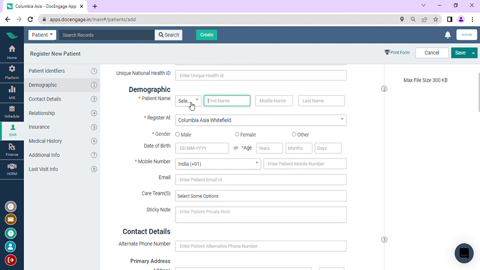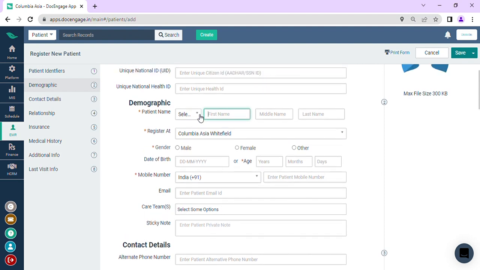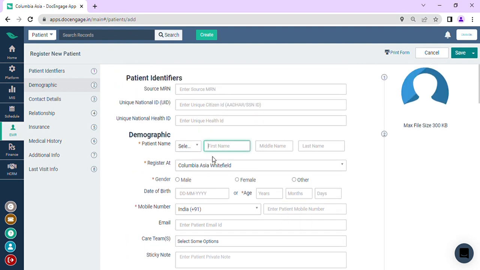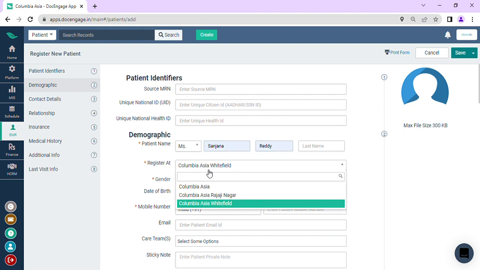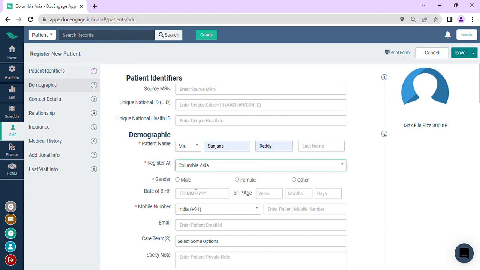details. We have given the red star mark here, which means these are the mandatory fields. You need to enter these mandatory fields, and then only you can save and register this patient. So let me register one patient now. And register it. Which care center you want to register this patient, you can select that care center and give